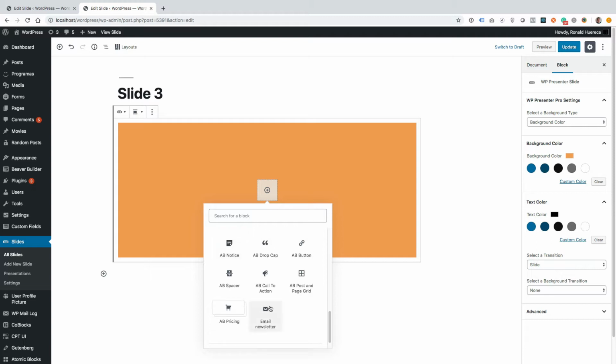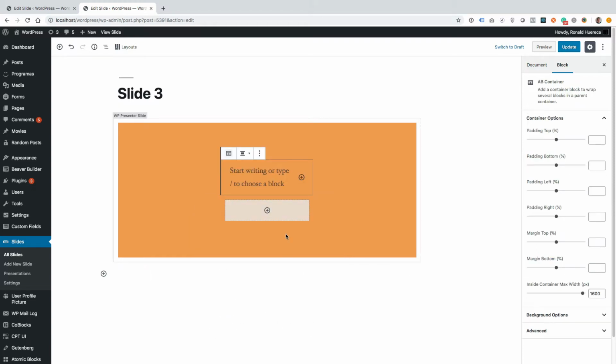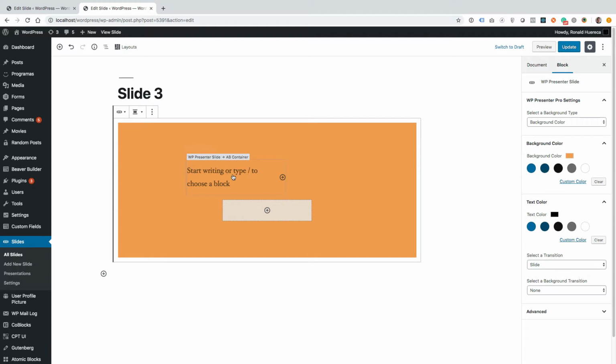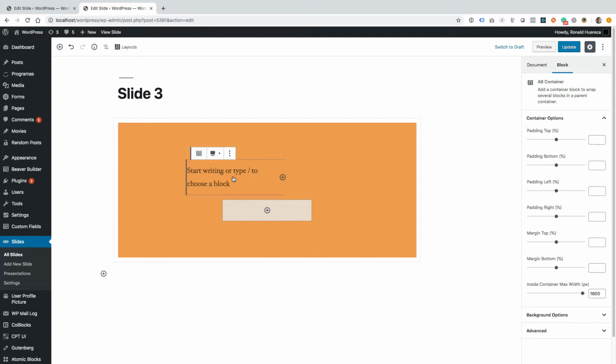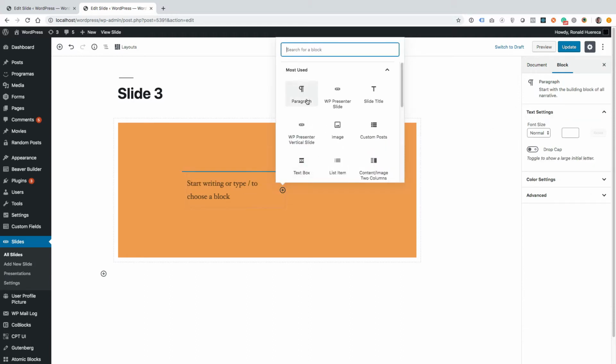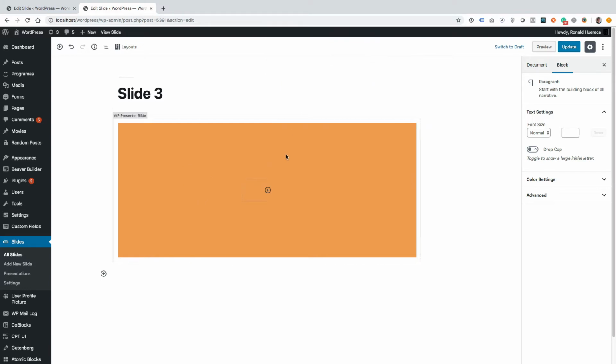AB pricing, AB post and page grid. It might be AB container. I thought we tried that one already. Oh, this is just for container wrap several blocks in a parent container. So if we're going to do a paragraph,